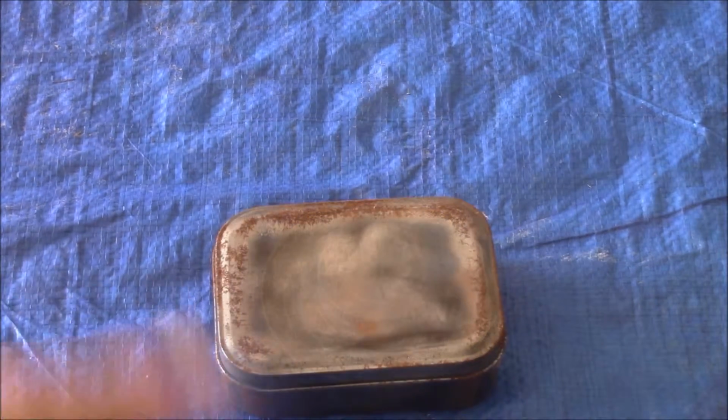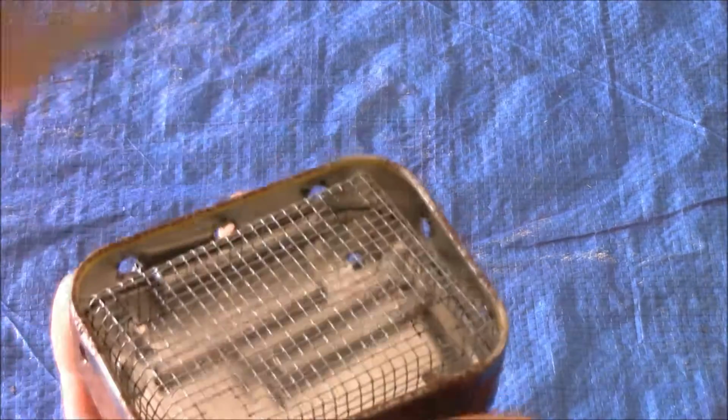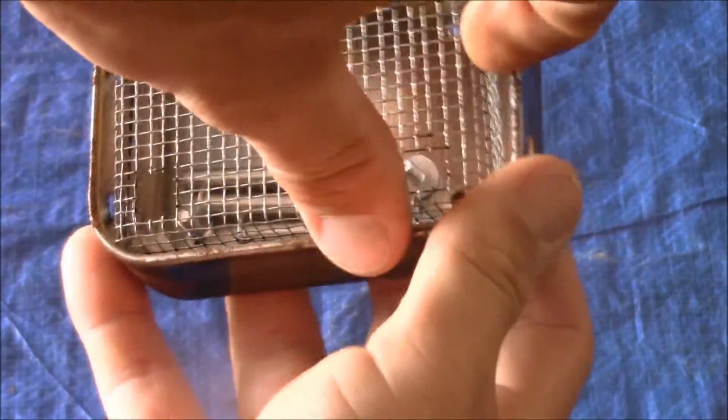It's pretty neat. Okay, now this one's pretty neat. This one's a DIY stove that I made out of a tin similar to an Altoids tin, and I'll show it to you here. It's rusty, but I haven't used it. But anyways, I've got this hardware mesh here,